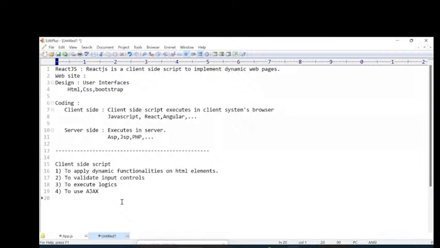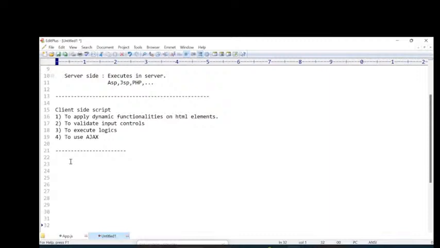Okay, so in this point of view also we are using client side scripts. So these are the main reasons why we are using the client side technologies here. Okay, fine. I think all of you got the clarity in this point of view, right? Yes. Now we are